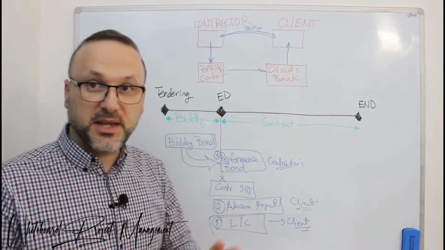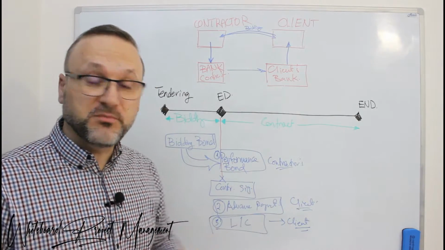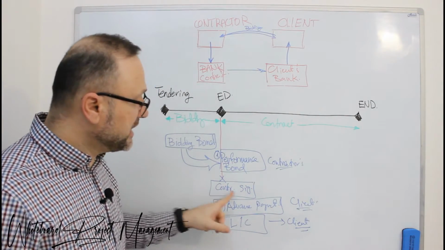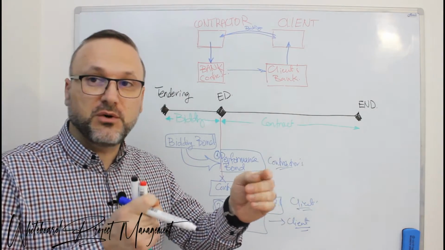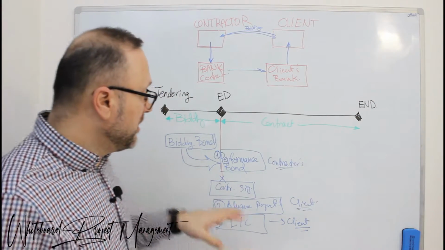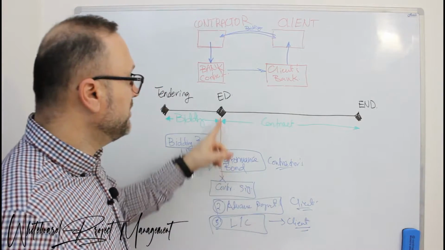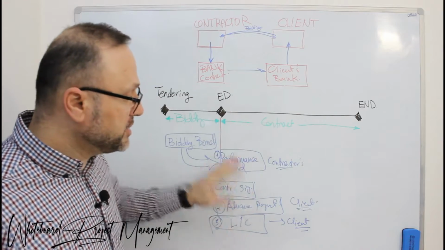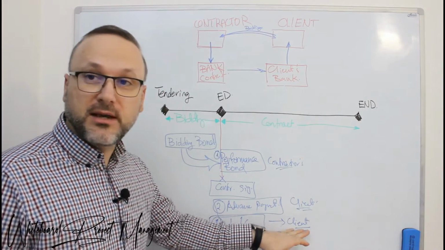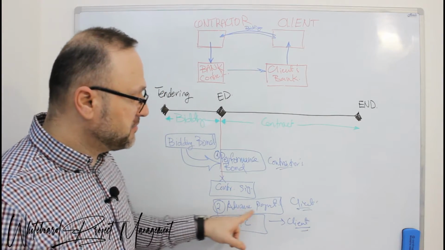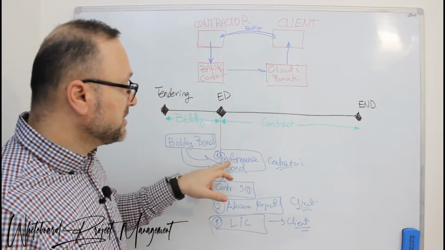But from experience, most contracts which are dealing with a huge amount of money, or EPC contracts, after contract signature, there is a specified duration of time of 1 month or 2 months that the contractor and the client have to fulfill some conditions to make the effective date of the contract. The conditions are mostly the opening of the letter of credit, which is on the client side, and the advance payment from the client side, sometimes depending on the payment of the milestones, as well as the performance bond, which